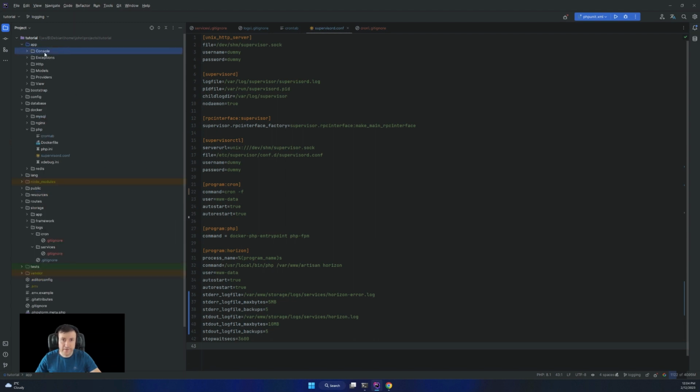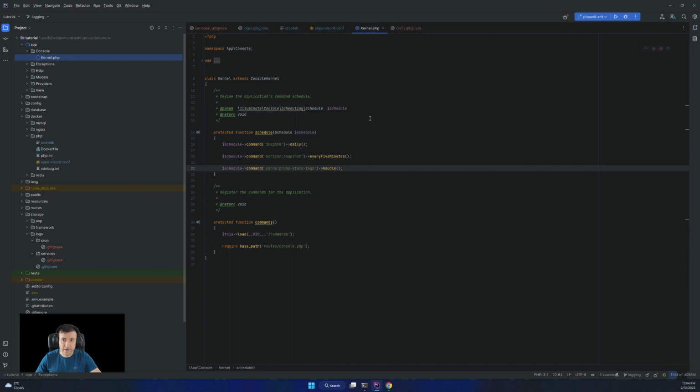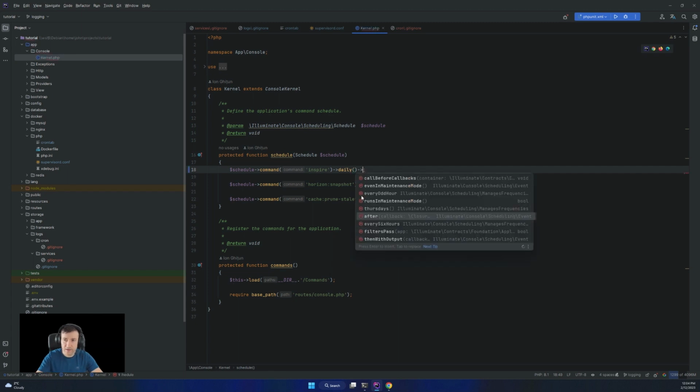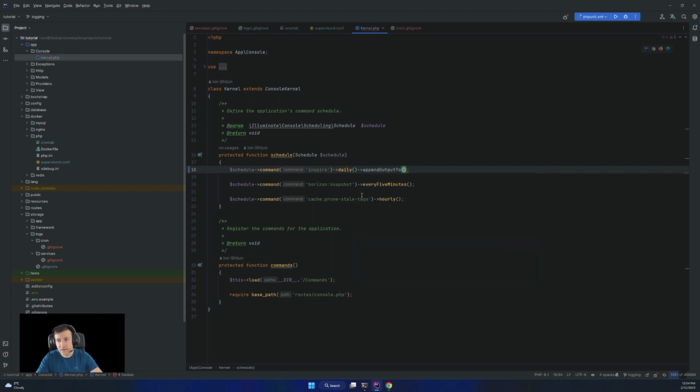Now in the kernel, I've created this cron folder. Why did I create it? In the console kernel we have some commands that run in here, like inspire hourly, and for each of these, I'm going to do appendOutputTo storage path logs and then cron, and for each command that I add, I use a separate file.